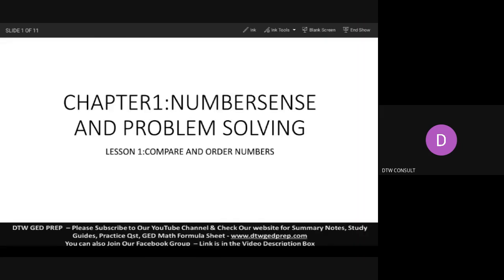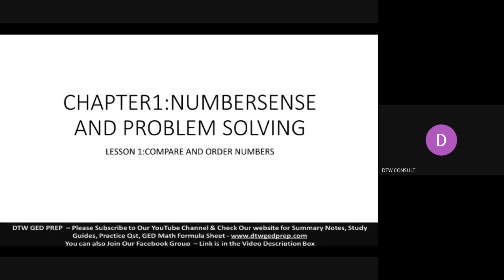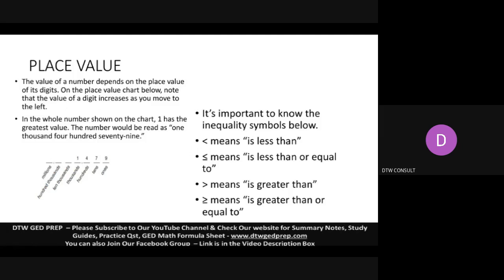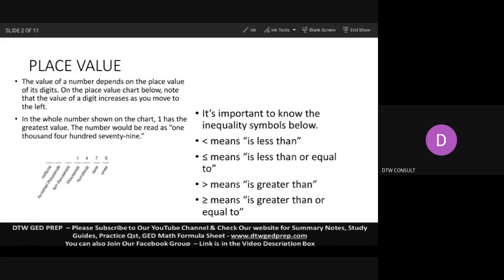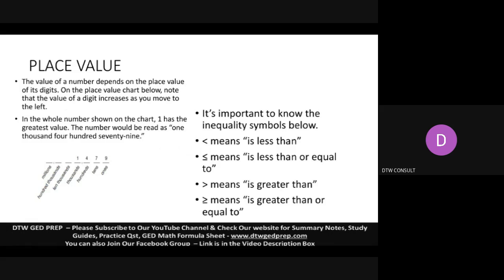So we're starting number sense and problem solving. The first lesson we'll look at is to compare and order numbers. So we start with the place value. Now the value of a number depends on the place value of its digit. So the place value, as you can see from the diagram here,